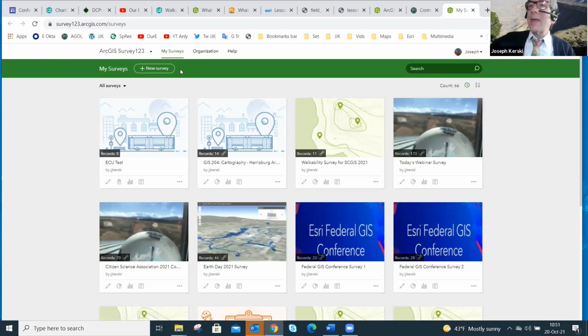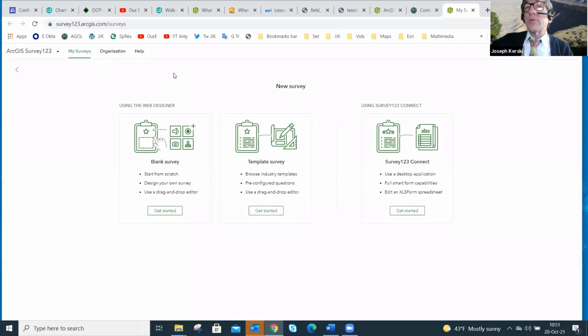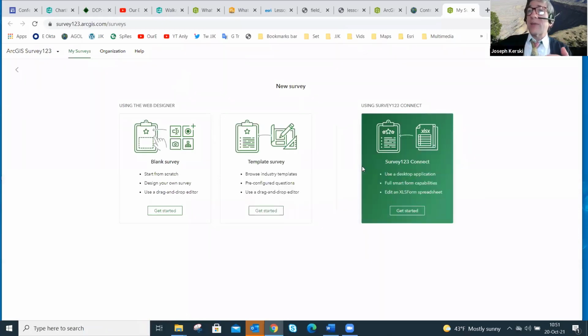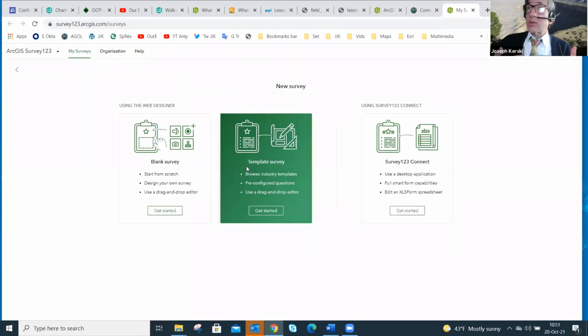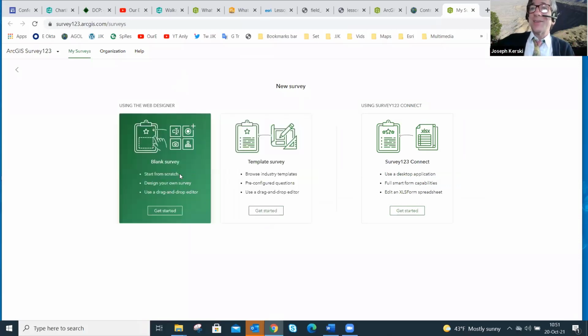Okay, so let's go ahead and start with the basics and say, I want a new survey here. And this is where on that slide, for example, I was referring to, I can go into Excel here, or I've got a standard water quality survey. Maybe I can start with an existing water quality survey and then modify it. So you don't actually have to start all of these from scratch. But in the case of today, I actually do want to start from scratch because I want to start you all off with, how do I create one of these basic surveys? Show me how easy it is and how straightforward it is.